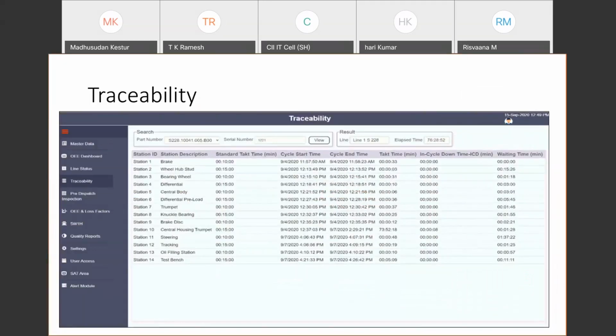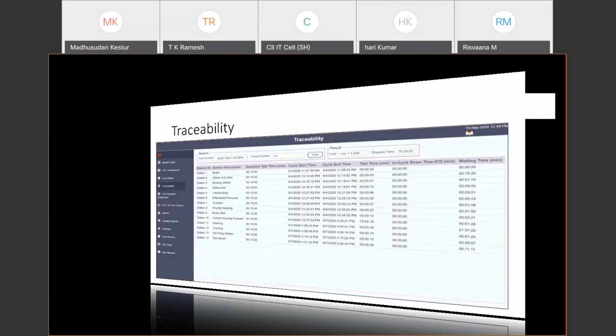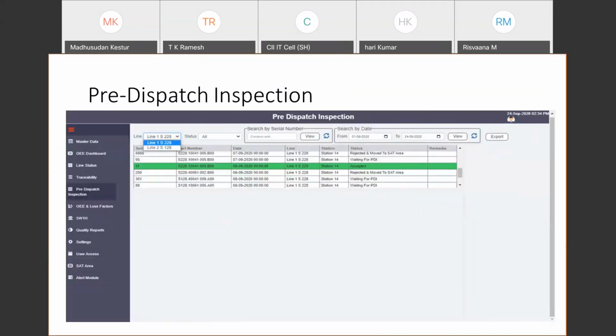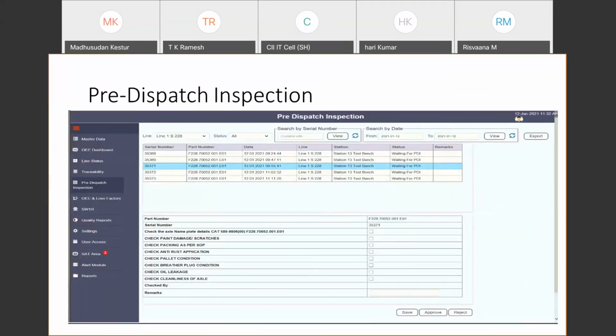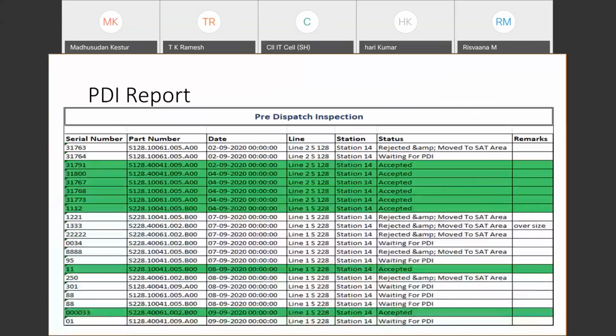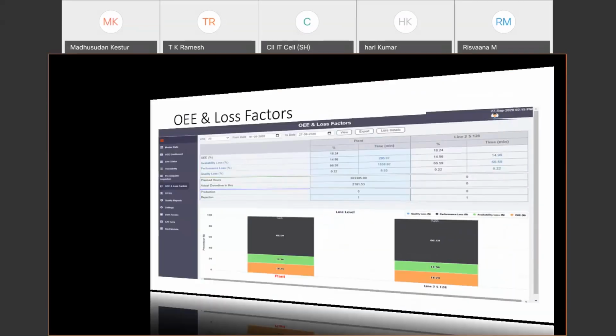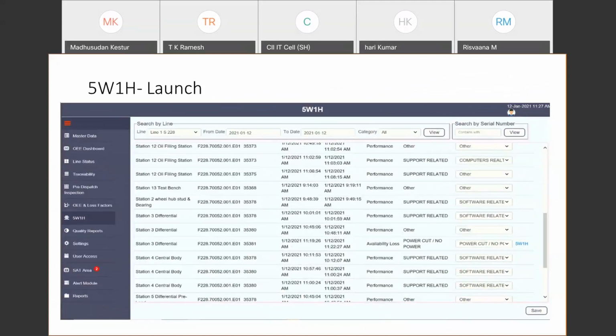Coming to traceability, if you select a serial number, you can know the history, how it has been manufactured through different stations. Was there any problem? What was the cycle time? What was the downtime, etc. In the pre-dispatch inspection stage, against each serial number, a lot of parameters can be recorded. And if there were any problems encountered during production, those problems are recorded, like a downtime or a rejection, etc., against which